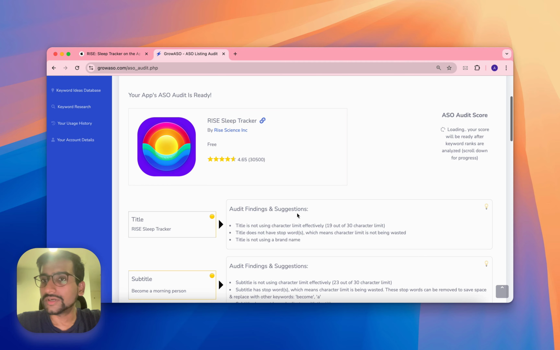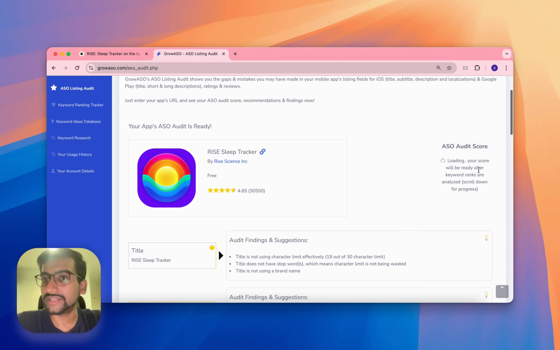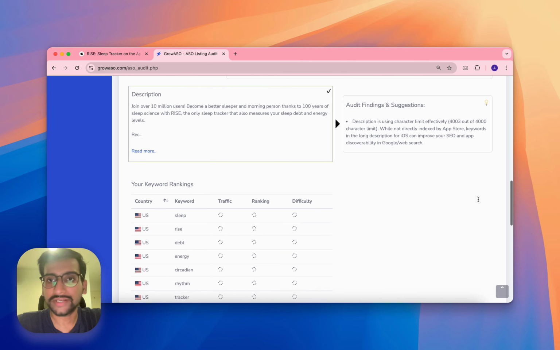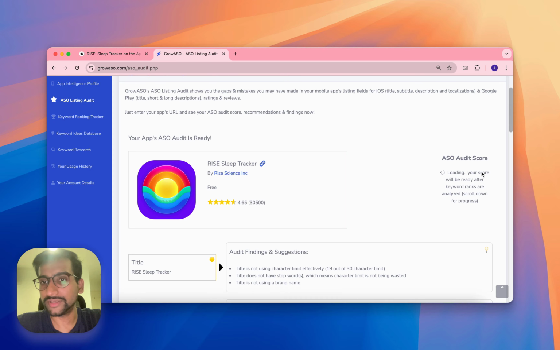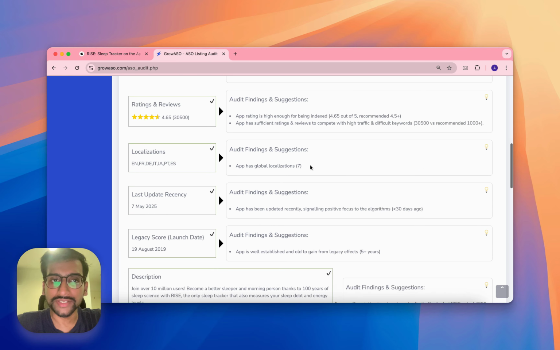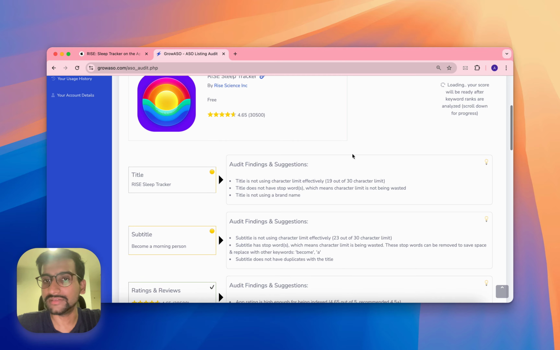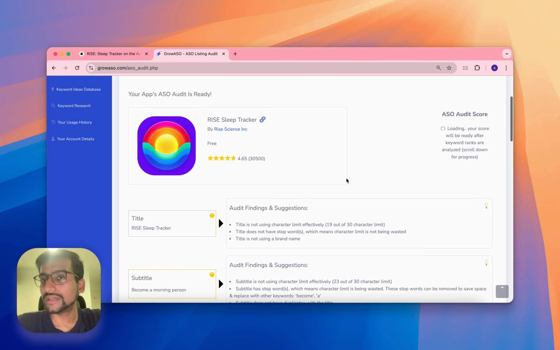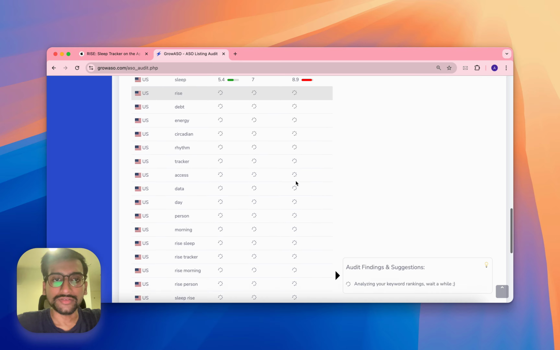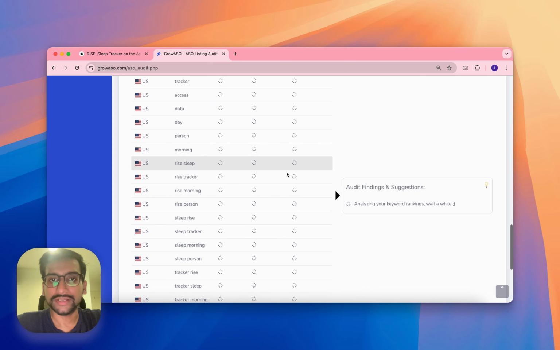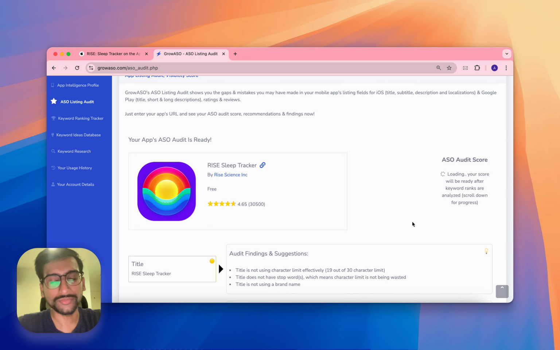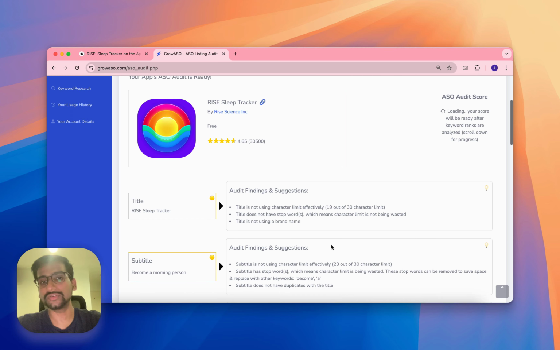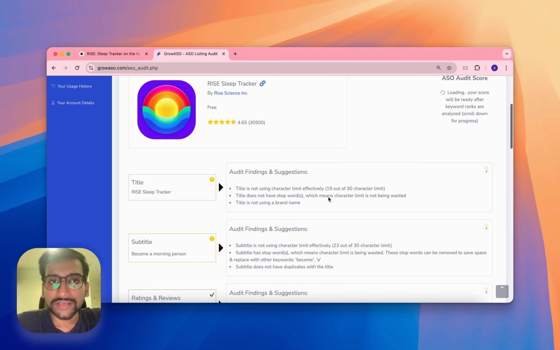Okay, so the way ASO audit works, by the way, is that it analyzes a lot of different factors and it analyzes many different keywords. So you don't see the score straight away. The score for all of these is fairly quick because these are relatively straightforward to understand, but the keyword scores are calculated manually one by one, their rankings and the scoring. So the final score updates at the end of it, but that doesn't matter. We can get started with at least this portion. So let's look at everything.